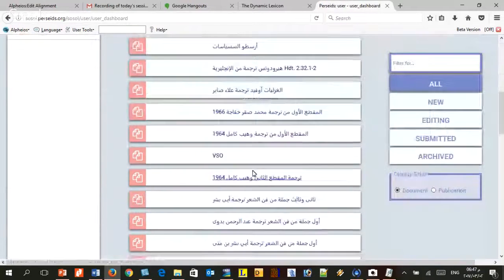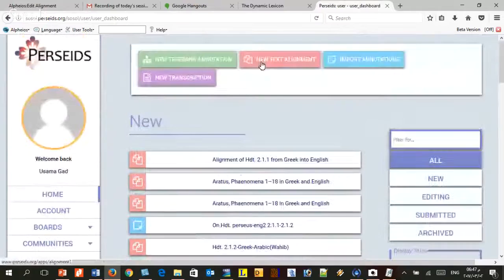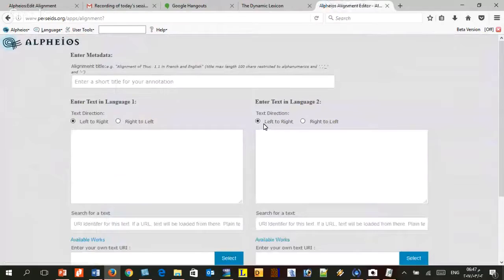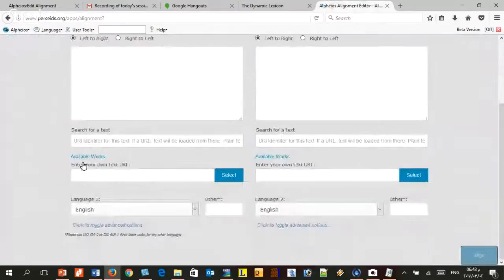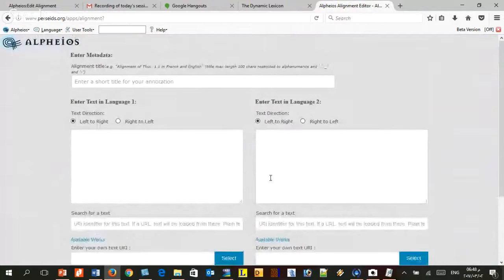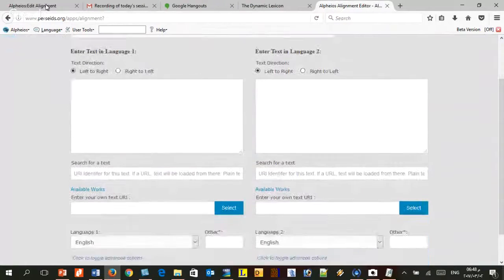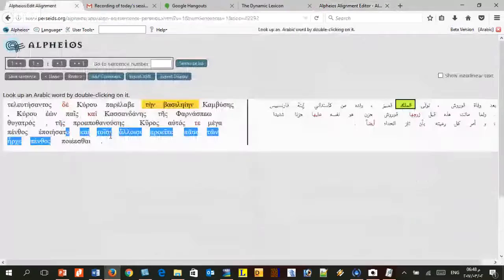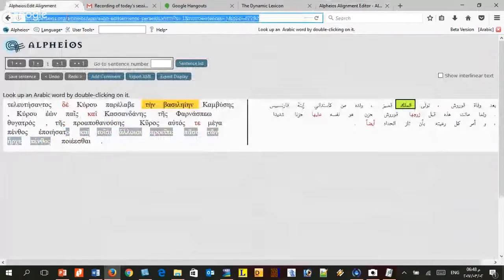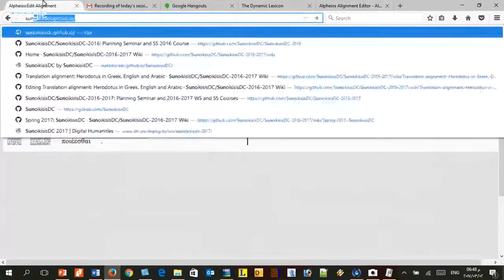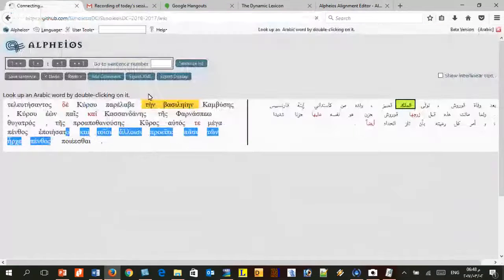I have many alignments here in Arabic and English, and you should be clicking on this new text alignment, which will take you to the Alpheus alignment editor. As you can see, you have two boxes in which you copy and paste the text that you want. So let us go to the SunoikisisDC wiki and see the Greek text.